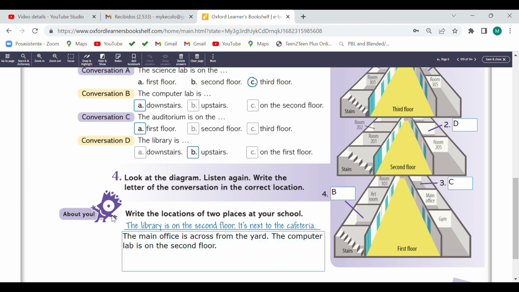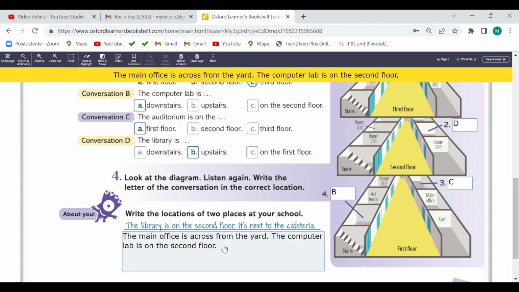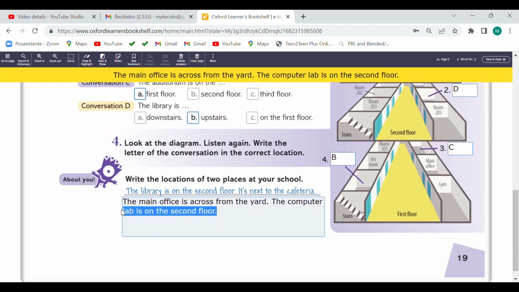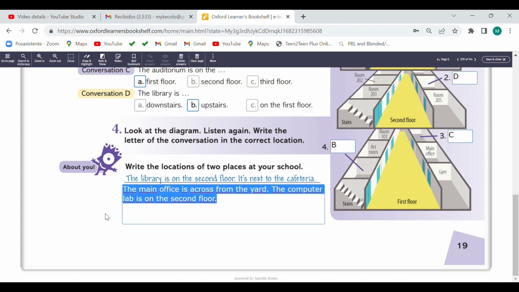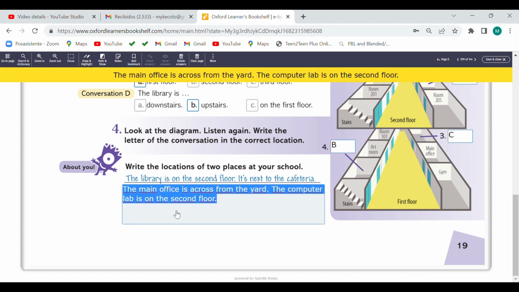And about you, write the locations of 2 places at your school. The library is on the second floor. Period. It's next to the cafeteria, for example. And I have an example. For example, the main office is across from the yard.